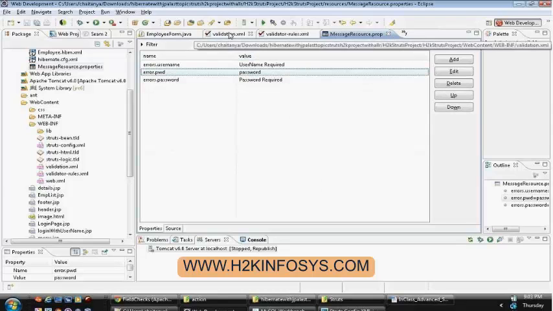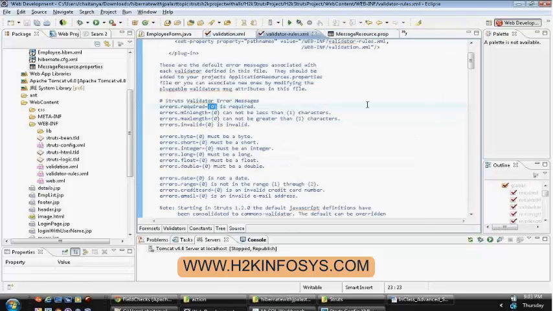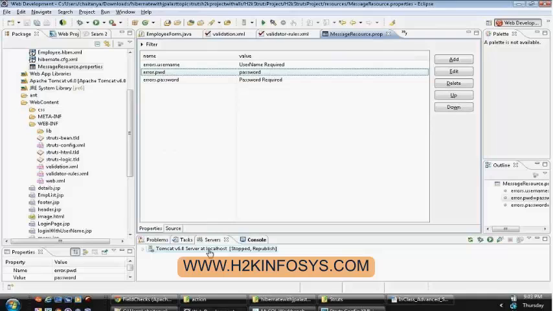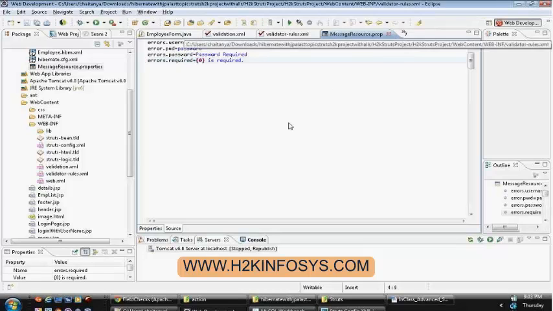And now you are supposed to add this error message also. This one, errors.required, {0} is required. This one also you are supposed to specify within your properties file. Ultimately, this is the one that will get resolved by your Struts validation. Once you have configured everything,